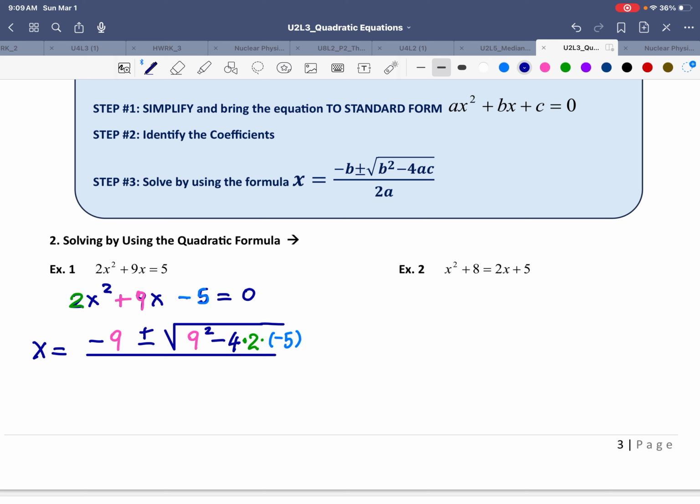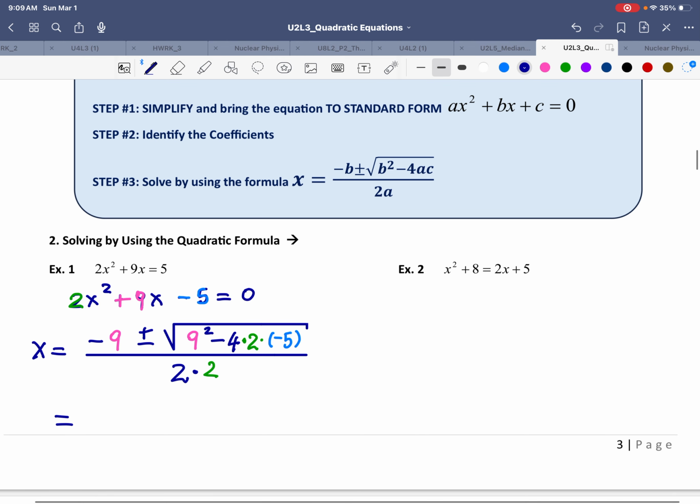I'm going to make this root a little bit longer to show that all these numbers are inside the root. That is very important in its proper form. And this is over 2 times a, and the value of a is obviously 2. So here we go. We have negative 9 plus or minus